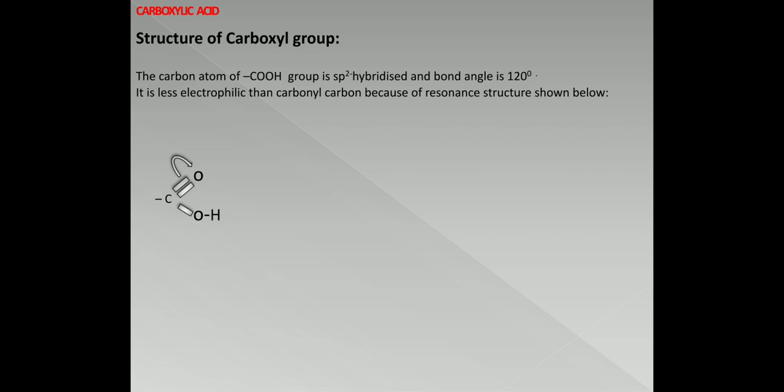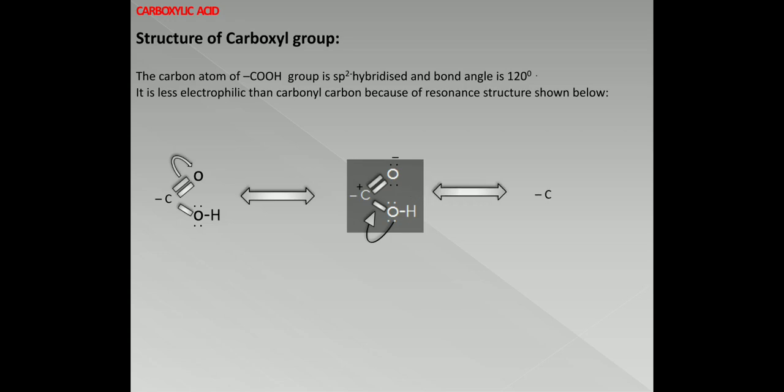So when this pi bond will shift, then it forms this structure. See the resonating structure. Now when the lone pair of electrons of oxygen will shift onto the carbon single bond oxygen, then here it creates a double bond, and the pi electrons of the carbon double bond oxygen shift onto the oxygen, then it forms this negative charge like this one.